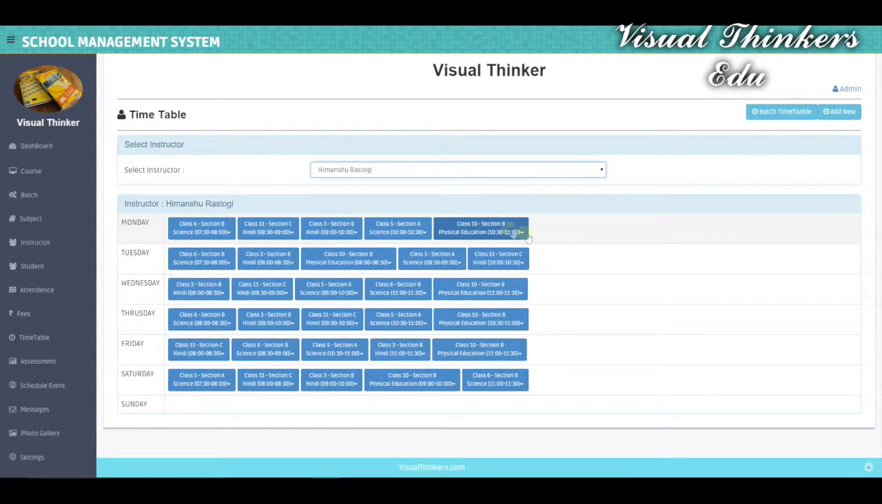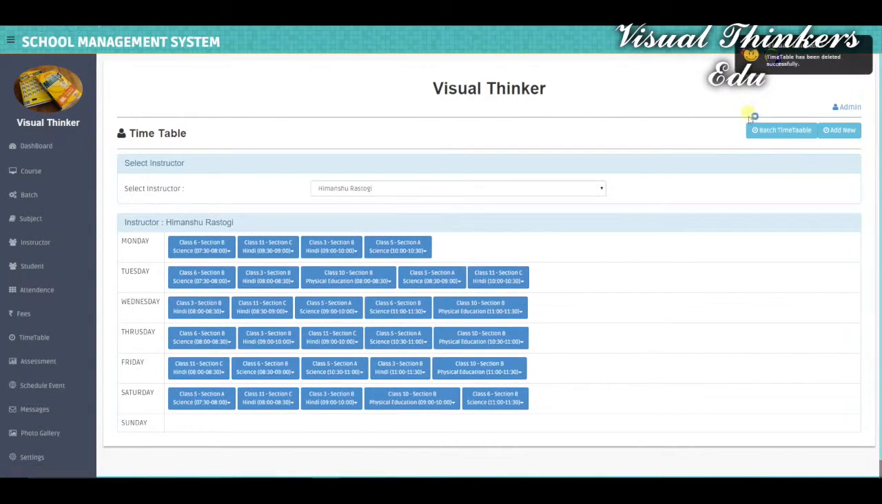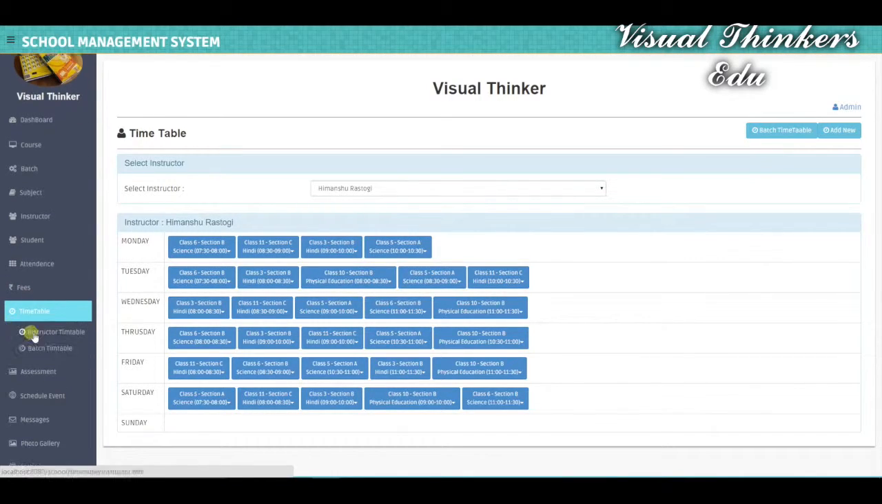In order to edit or delete the timetable, just click on the Edit or Delete button. For example, I am deleting this record. A message in the right corner displays that the timetable has been deleted successfully, and you notice that there is no field for that. Similarly,